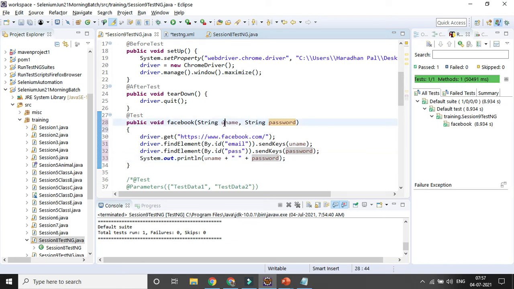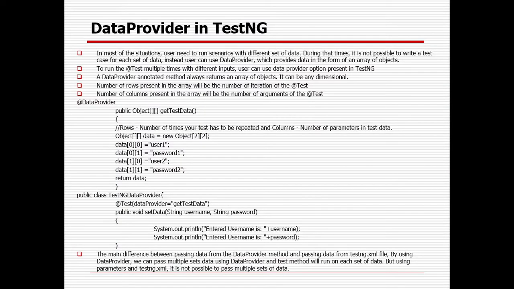Now my question is how I will be providing the username and password, right? So here I will be using the data provider, and I will be creating an object or instance, right? And where I will be giving the number of rows and number of iterations, right? So here the row will be your number of iterations, and your column will be the number of parameters you want to pass.